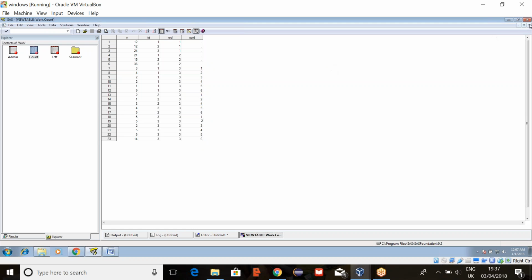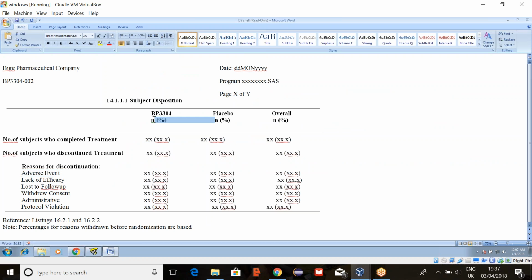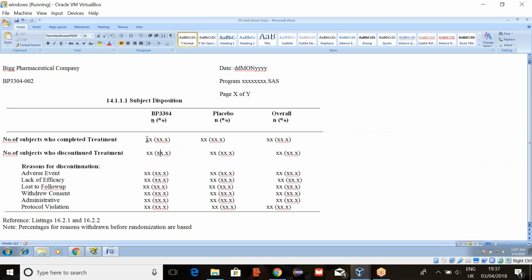Okay. Now here we got counts. What is the next thing? We want percentages also, right? Generally, how do we calculate percentage? Usually percentage is number by total number into 100, right? So we have to calculate percentage and also need to concatenate with counts.